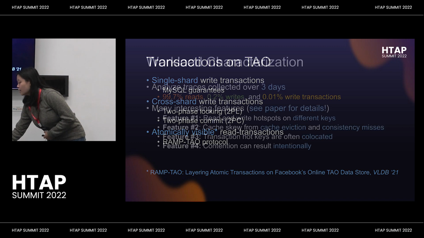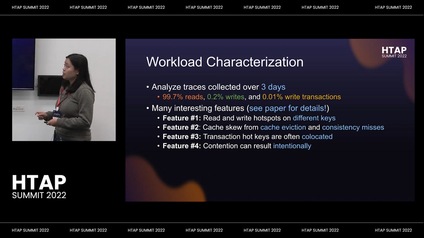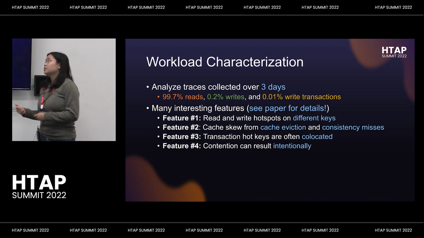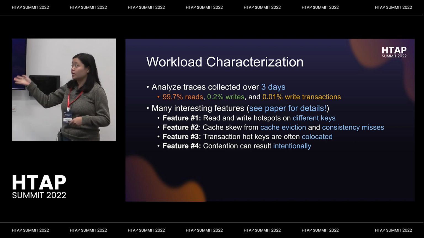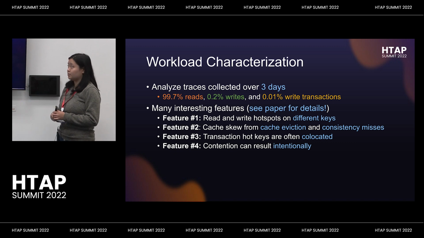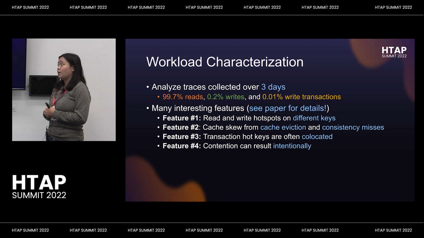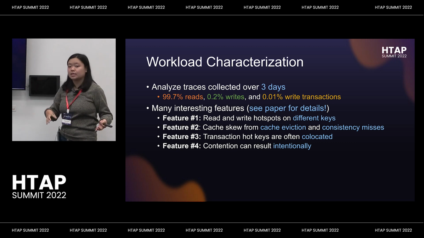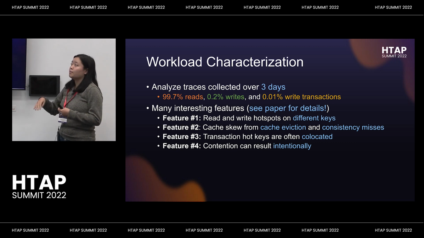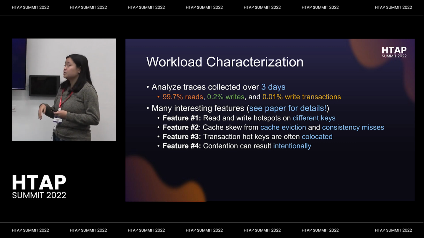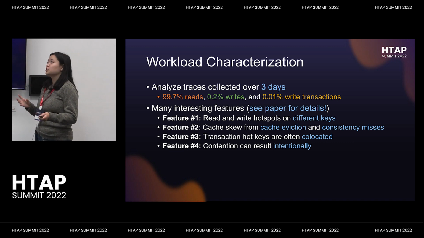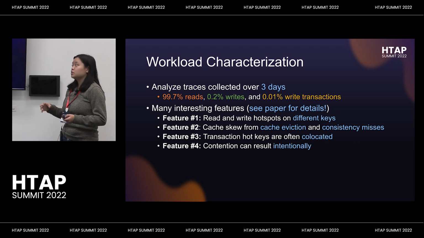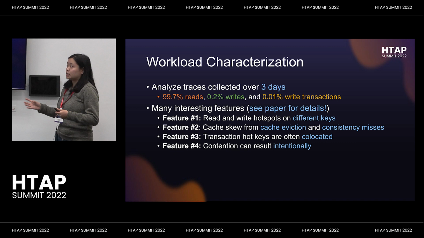Cool. All right. So in terms of the workload, we collected traces over 3 days. Mostly we found that the workload is very read heavy, 99.7% reads. There are some writes and write transactions. We talk more in the paper about how we make sure this is a representative trace. We do see some patterns, like a daily peak in workload, but in terms of how this affects the access distribution, it doesn't do so that much. So we're confident this is a representative data set.